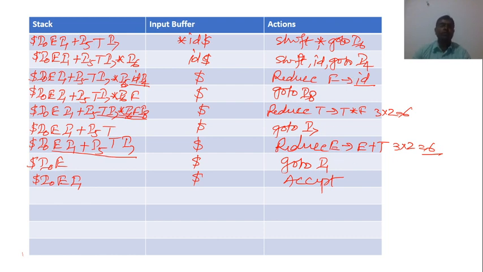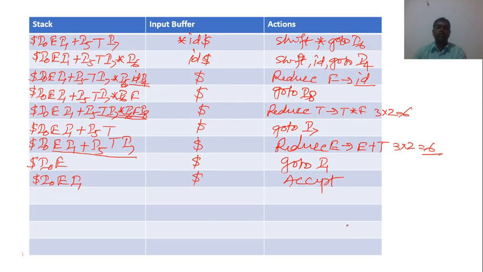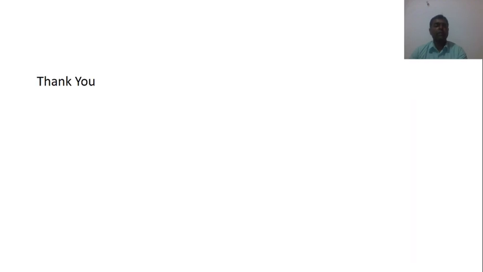In other words, these actions are performed in the form of reverse of rightmost derivation. Take the string id + id * id, reduce the first id by F, and in this way keep reducing, and you will get the start symbol of the grammar if the string is accepted. But if you read any cell where the entry is not present, in that case you will get an error. Thank you so much.